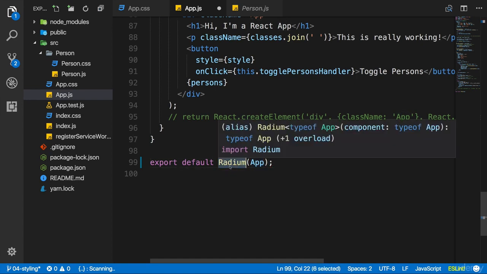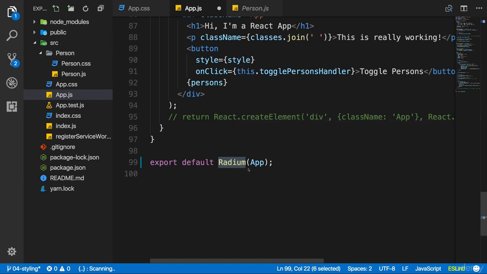Now this is called a higher order component, something we will also create in our course project later. It might look super fancy, but in the end it's just a component wrapping your component, kind of injecting some extra functionality. In this case, some extra syntax, which will parse your styles and understand some extra features you can now start using.